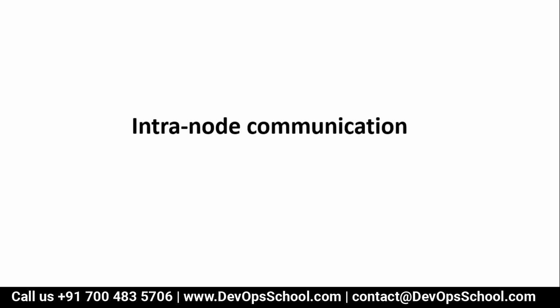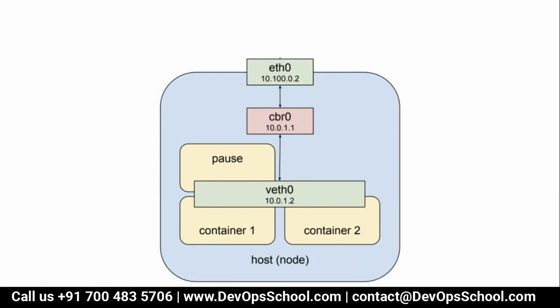Okay, what is this? Look at this. This is the architecture of the networking. If you have some doubts about Docker networking, because if you understand Docker networking well, then you can understand Kubernetes networking well too. I have videos on YouTube, check out the DevOps School channel. Probably that will help you.